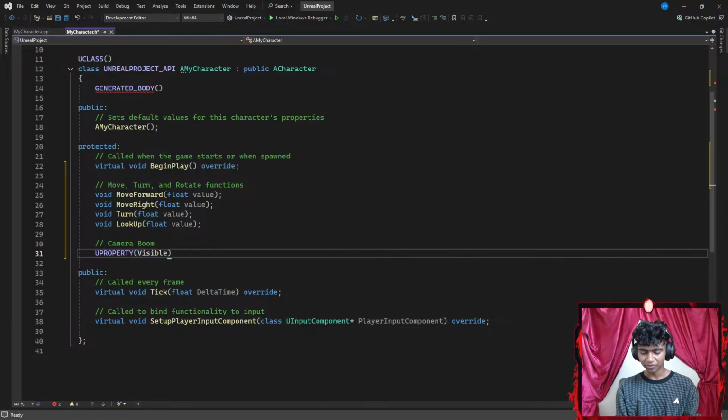There we go. Let's go with something like visible anywhere. And then the second parameter is going to be blueprint read only, because I want my blueprint to be able to read my